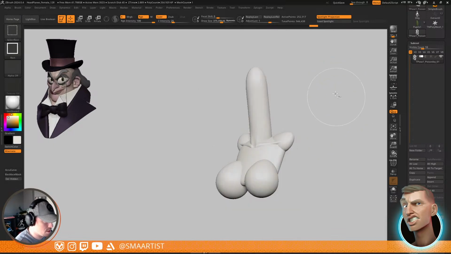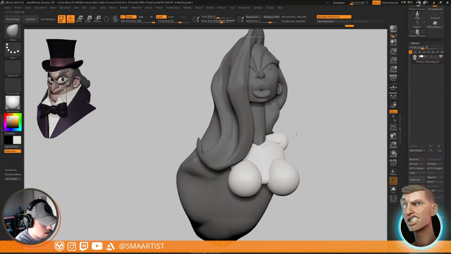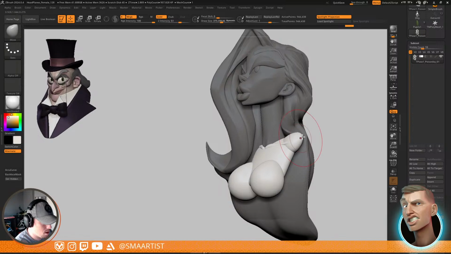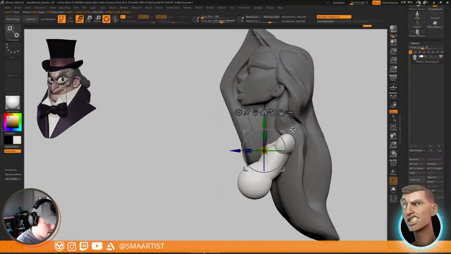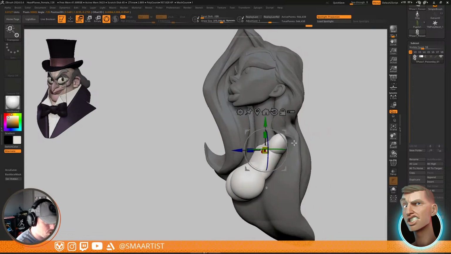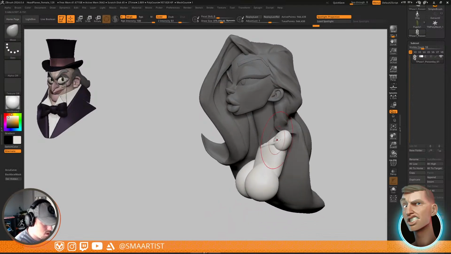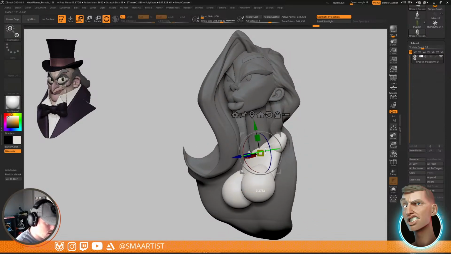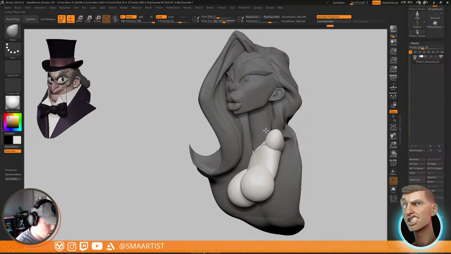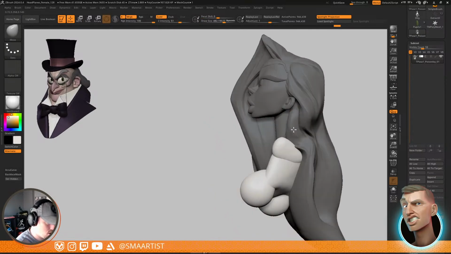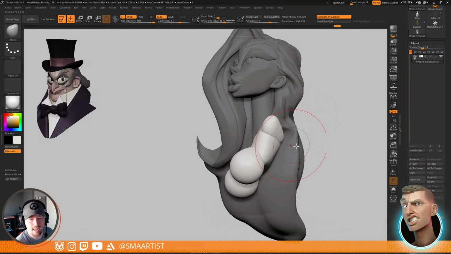Let's go ahead and we'll do this. We'll grab this, Control A. And then I want to kind of take her body and twist it. I want to pose this, which means I may need to go through and add like a